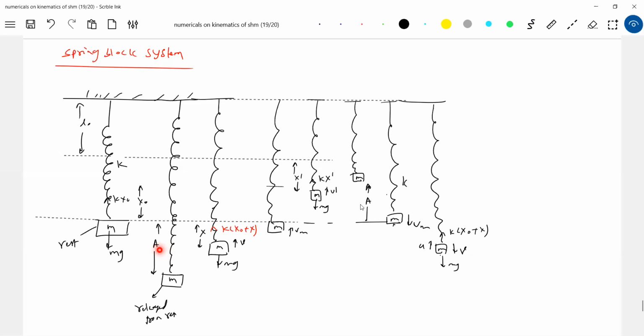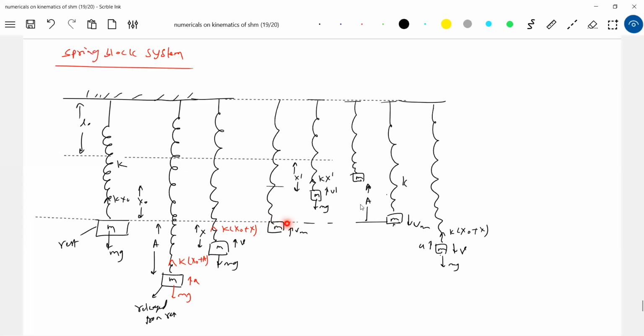So what did they say? I am going to pull it down and release it. Then a spring force of K will act. That K will be greater than mg, because earlier Kx naught was mg. So how much of spring force will act? K(x naught plus A) will act here, mg. So the block will accelerate, no? Then as it accelerates, speed will increase. Okay, I agree this one. Then the elastic potential decreases, gravitational potential decreases, kinetic energy will increase.